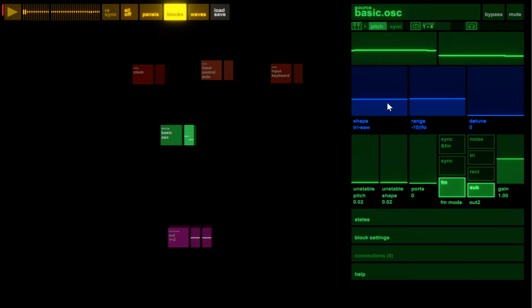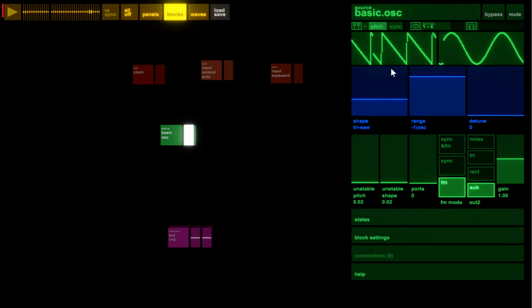On sliders, the scroll wheel works, shift dragging works obviously, shift does fine, alt shift does super fine. Alt click takes you back to the default for the block, or if you've loaded a song, it takes you back to the value that slider was on when you loaded the song, if that makes sense. Every audio block tends to have 2 ins and outs. The oscillator has a main and a sub out, and the main has a shape that you can apply to it. You can zoom in and out on these scopes if you want.